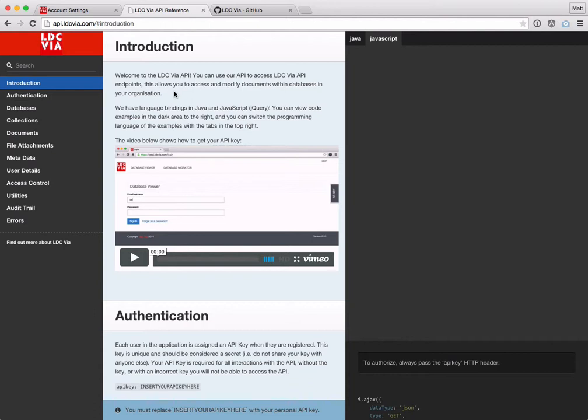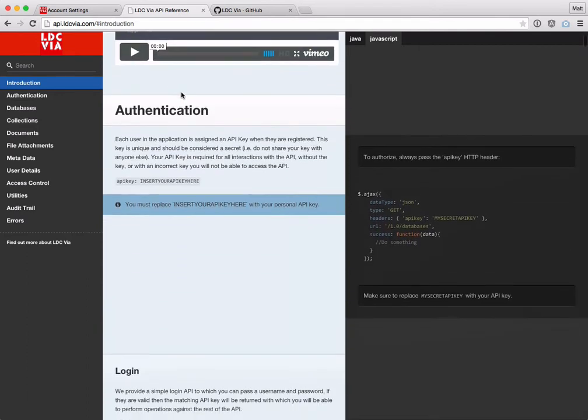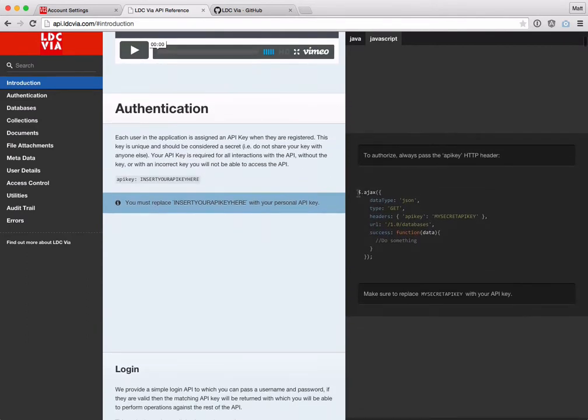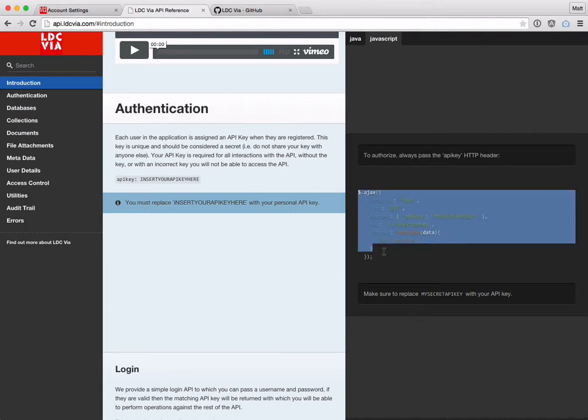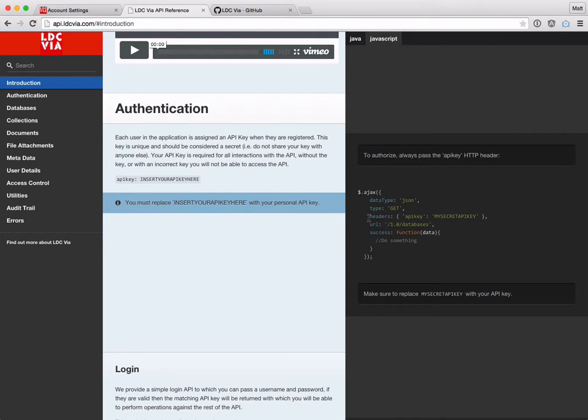So every single API request has to have an API key HTTP header added to it. In a jQuery example, you would make your AJAX request and add the headers parameter, where you pass the API key with the actual API key from your own profile. That's a complete secret that no one else knows, and it uniquely identifies you